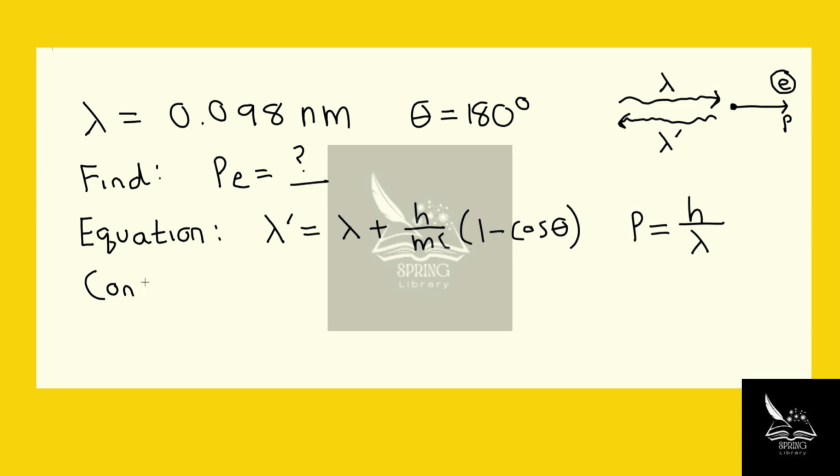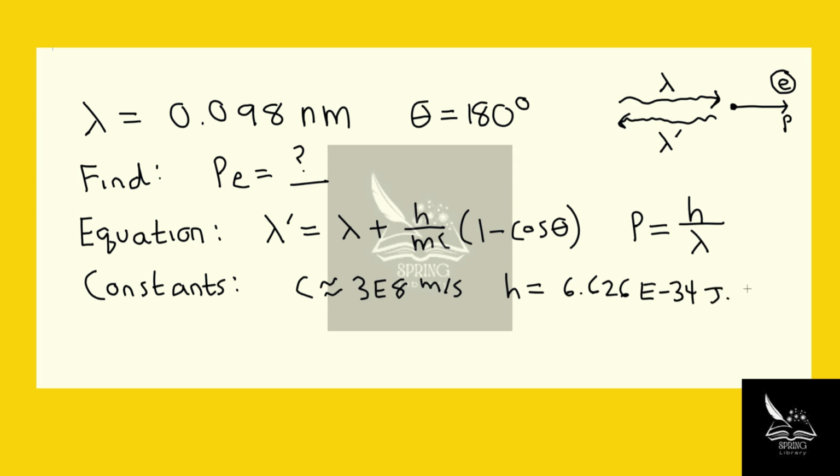Some constants that we will need to know ahead of time are the speed of light, which is approximately 3 times 10 to the 8 meters per second, and of course Planck's constant, which is 6.626 times 10 to the negative 34th power in joule seconds. Okay,